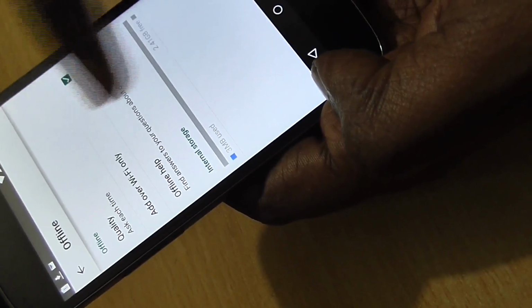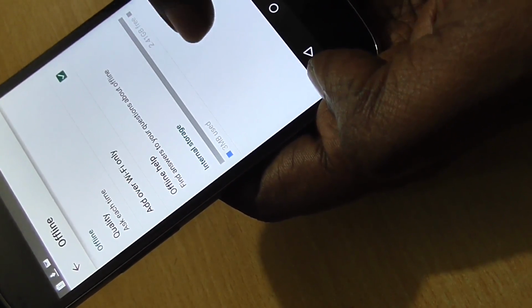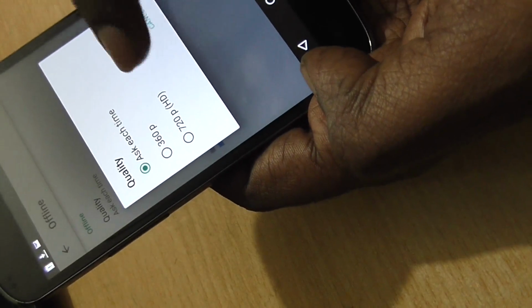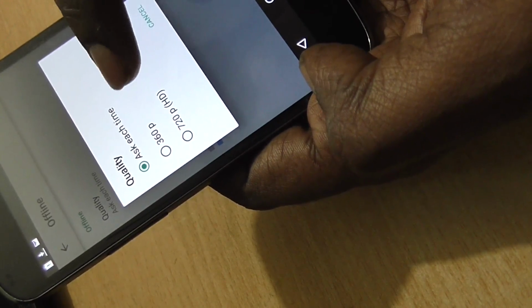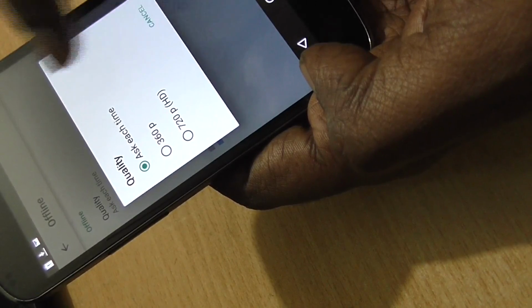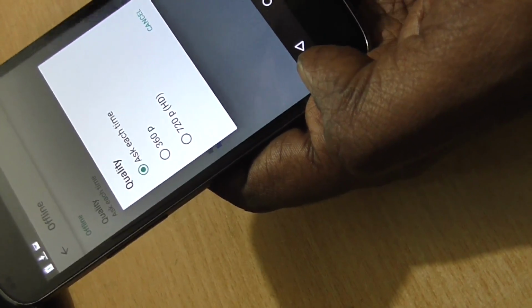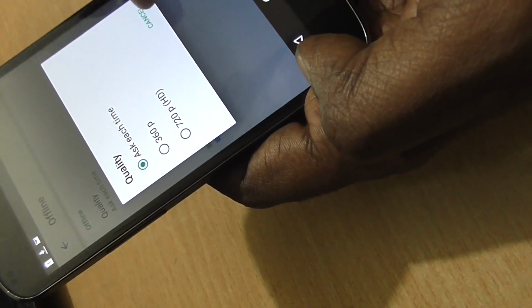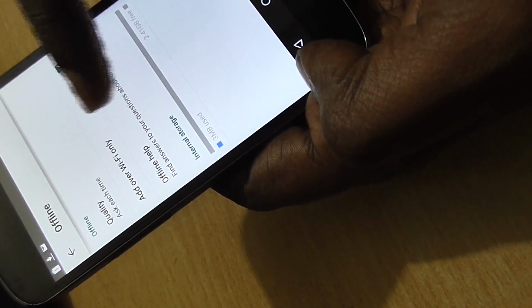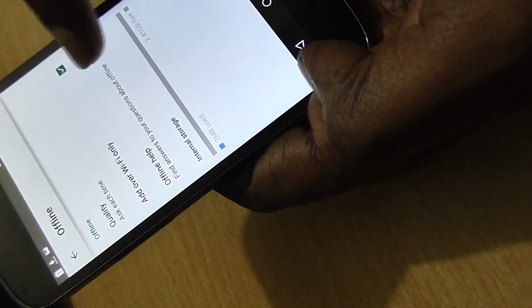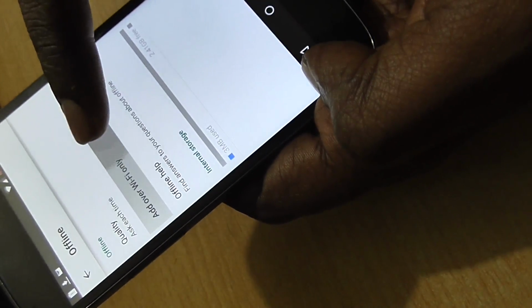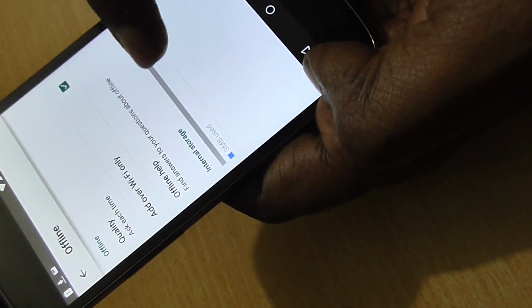Just click on it. Here it will give you some options like quality. You can select either 360p, 720p SD, or you can select that YouTube asks you each time before the download what quality you want to download. Apart from that, you can add an option here which lets you download those YouTube videos only when you are on Wi-Fi.